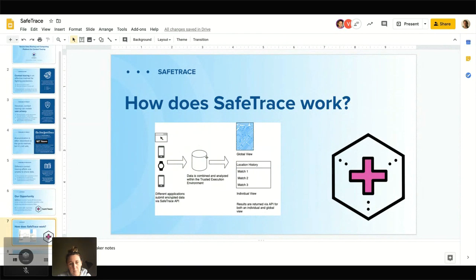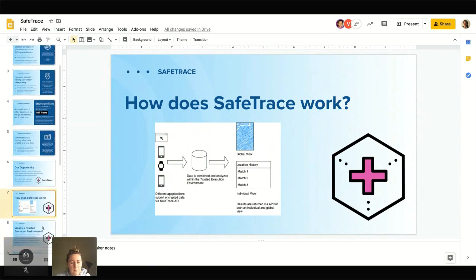And then depending on the computation being performed, you can get back either an individual view, which shows you information about the places where you have overlapped with individuals who've tested positive, or a global view, which performs heat map computations inside of an enclave and then returns some information around the heat map that doesn't provide individual data points. I forget the word; it's a centroid. It returns centroid data for the heat map instead of individual points.